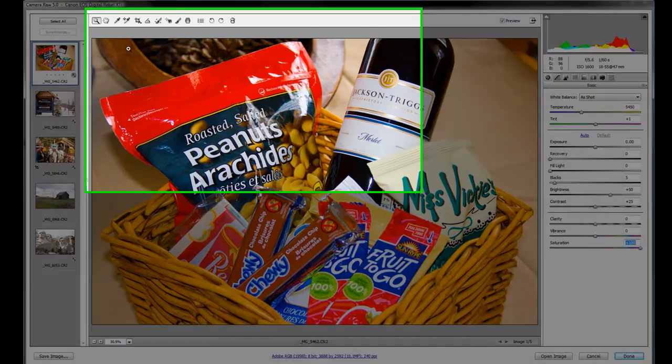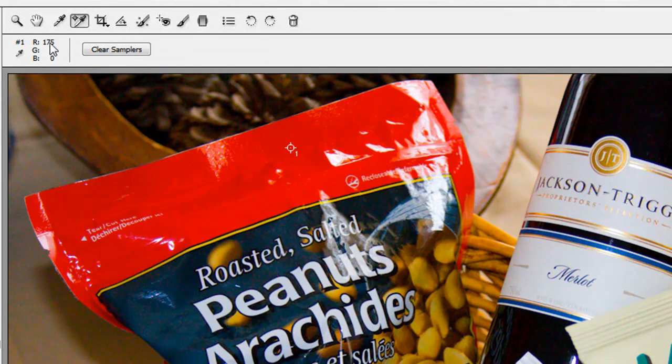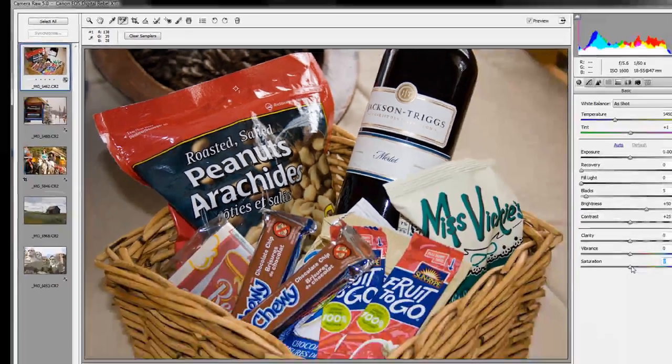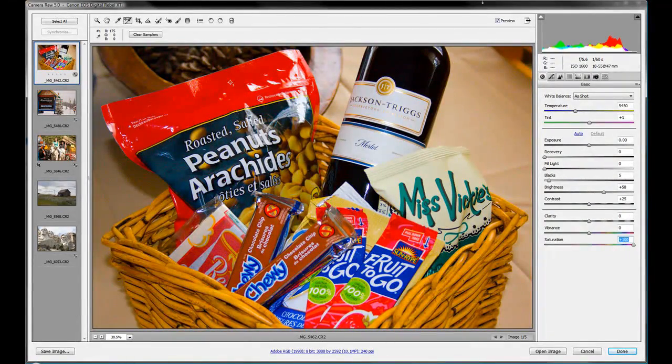If we actually take the color sampler tool here and click on some of these colors, we're going to see that we got 100% red colors here. We got nothing in the green and nothing in the blue. Whereas if we reset that, we're going to see originally we had some definition in those color channels that we lose. So saturation, you're going to be using it, but you're not going to be going up overly saturated, because everything just gets way too overly colored. So let's back that off, double click that, send that back to the default position,